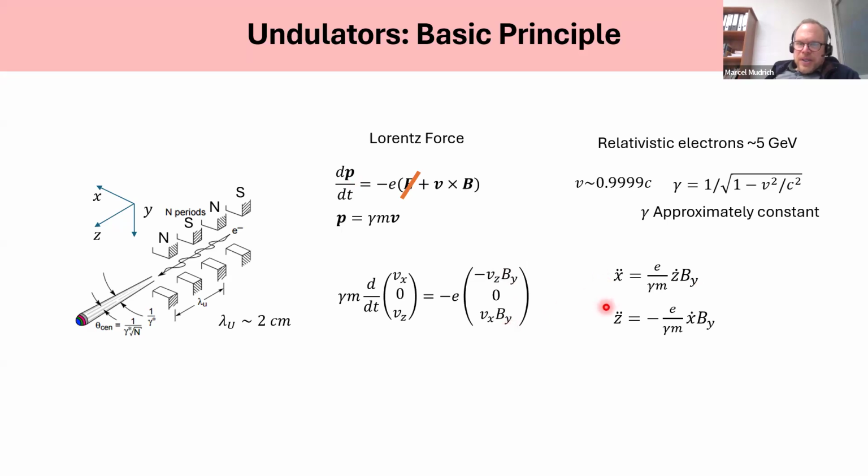So we get two differential equations. I mean, the derivative of velocity, the double derivative of the coordinate with respect to time, is vz times the z derivative, and we divide by gamma m. We have these two equations. If we divide the first equation by the second equation, x double dot divided by z double dot, we cross multiply the equation, we get this,